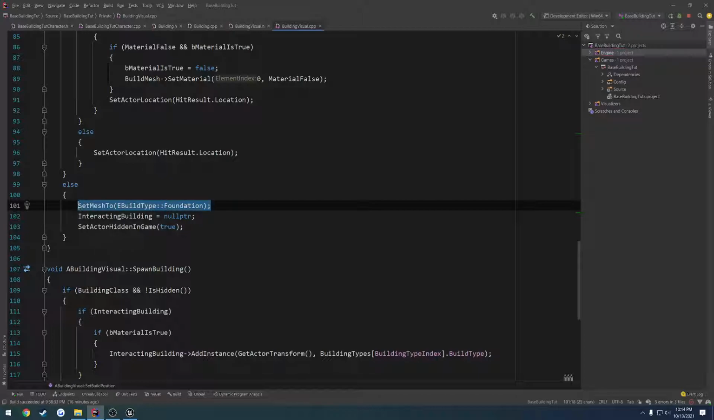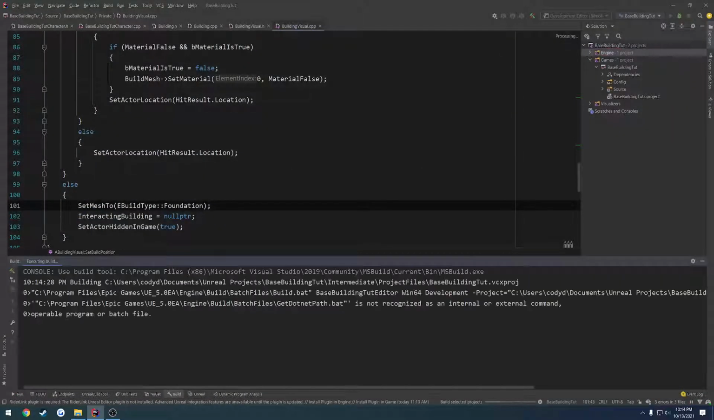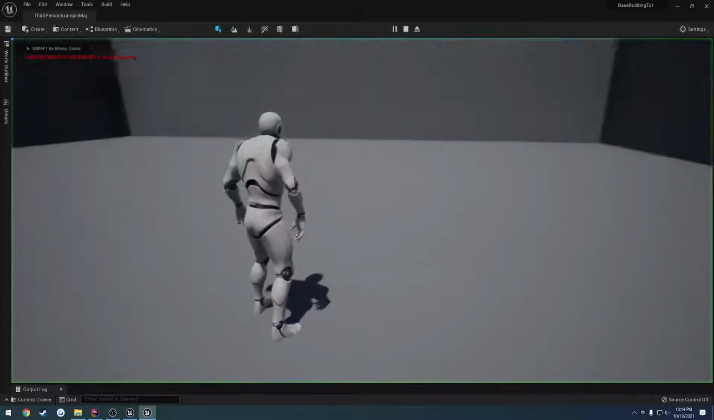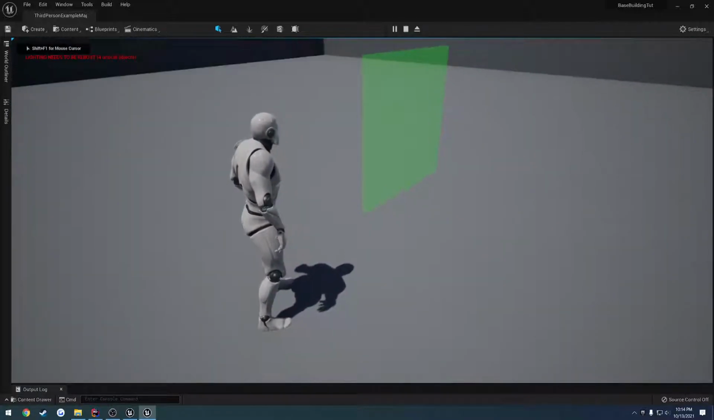So anyways, we set the mesh to the foundation. So let's go ahead and just see if that works. So let's close down the editor and relaunch. Alrighty, let's hit play. Press B. All right, I can switch, press F,